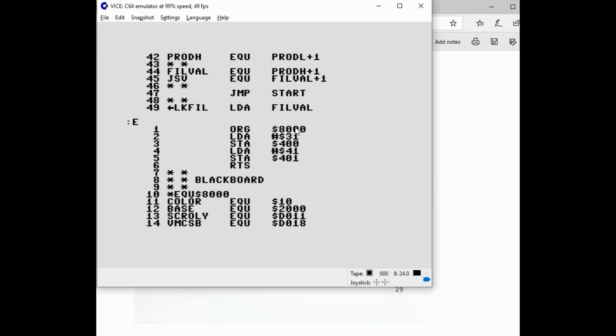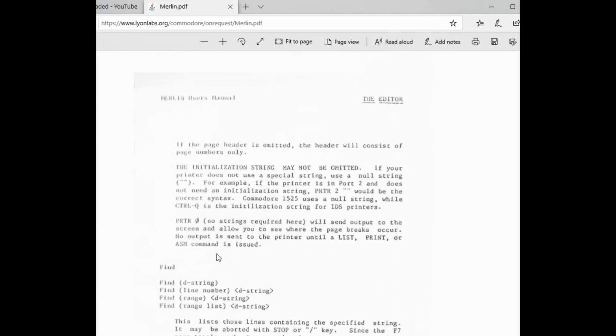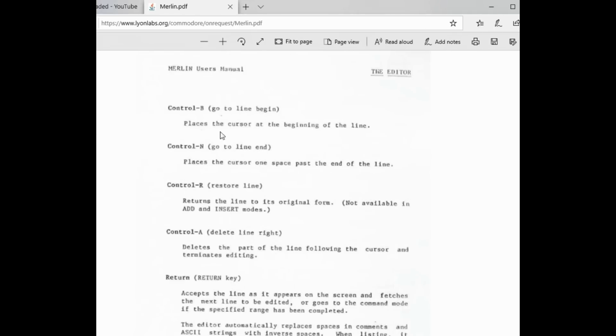now on any of these lines you could start typing over them, and there's a few things you can do. You can hit Control N to go to the end of the line, Control B to go to the beginning. So Control N, B, N, B. And all these commands are outlined in the manual. So here's Control B that I talked about, places the cursor at the beginning of the line, Control N goes to the end of the line,